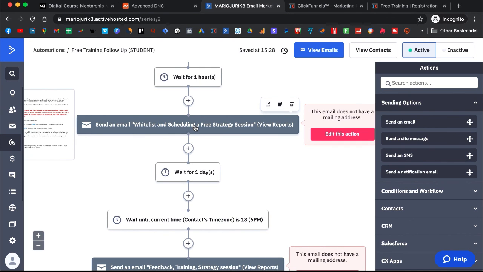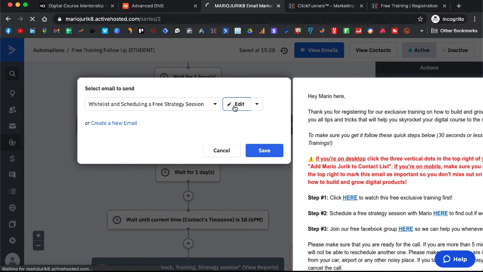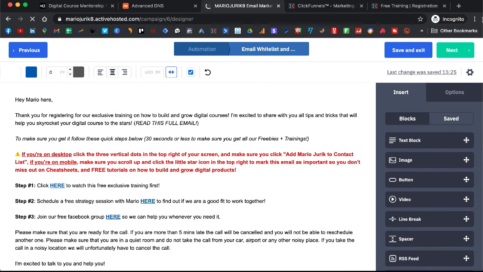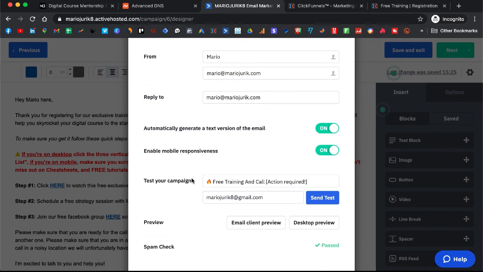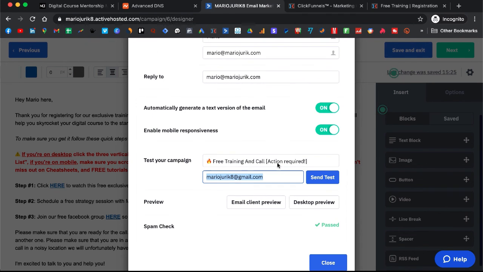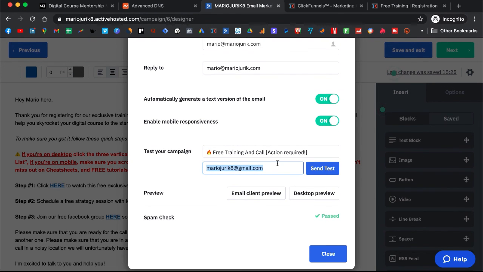And another thing is actually what you can do. You can send a test email right from the ActiveCampaign here. Test your campaign, so you can put some email of yours and send test email and check it out if your links are working, if you put it correctly in there and everything. Okay,